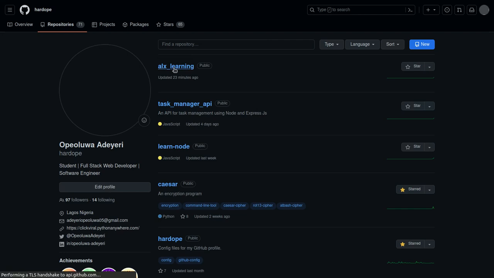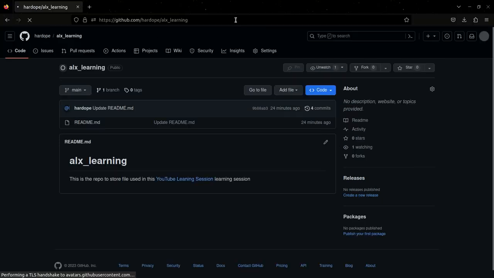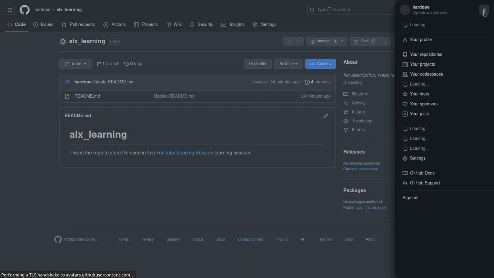Now there are two ways to verify your profile so that you can push your code from your terminal to GitHub. You could use the SSH or you could use the personal access token. Now the personal access token I find is the easiest way to do this, so we'll learn how to do that right now. Now to create a new personal access token, you go to your GitHub profile, go to your settings,